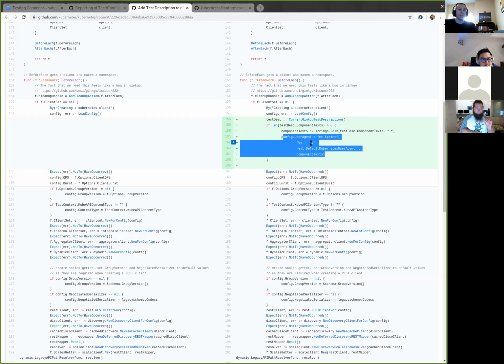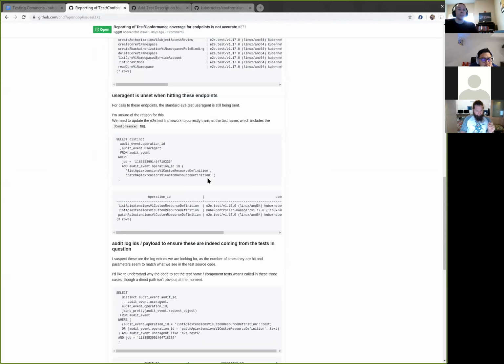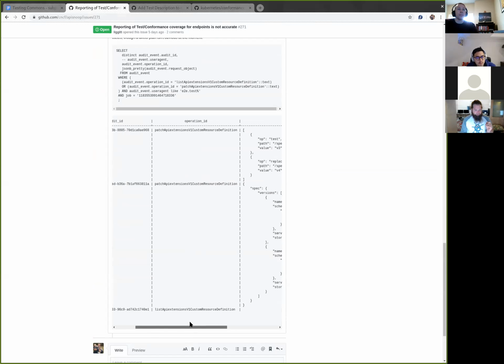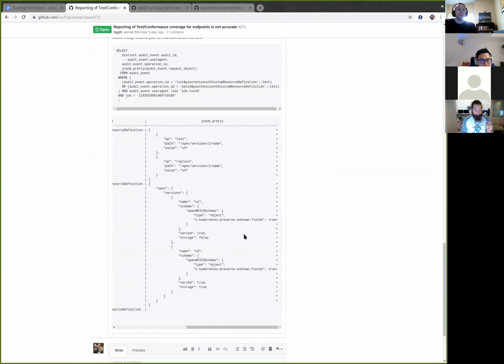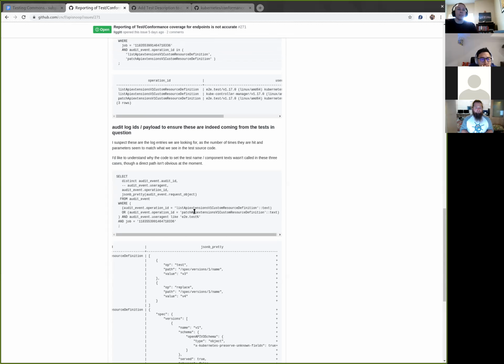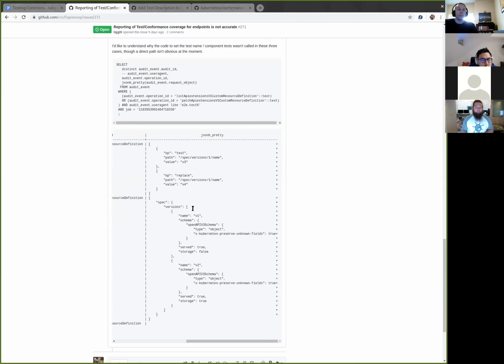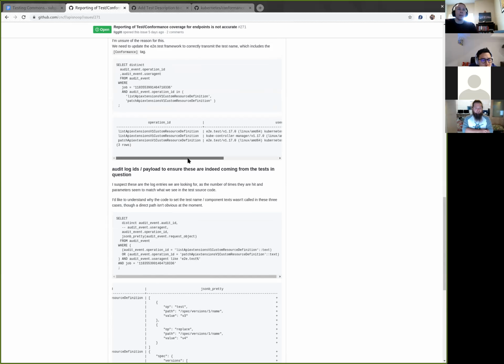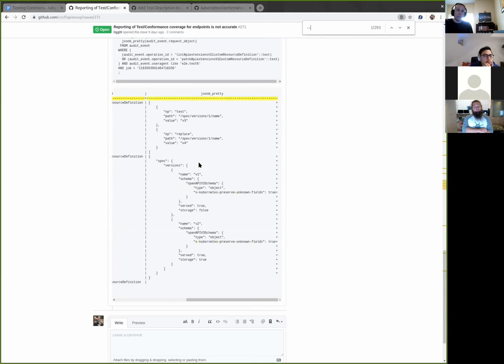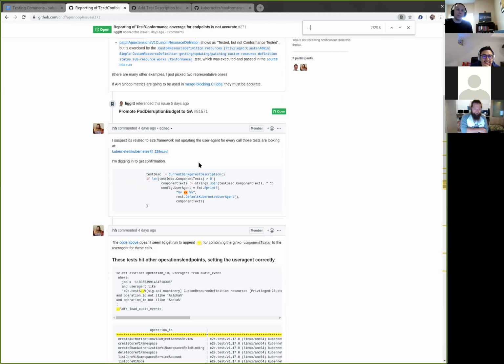Yep. If you go to the test, or the issue, and scroll down, you can see it added in the other test for the other endpoint. If you scroll to, I think, the last selection, you can see these are audit IDs and the operations. Actually, scroll up a bit. I guess we didn't include one that has that second selection where the list API extensions resource definition has the EDE test coming in and kube controller manager. Those are the user agents reported by those binaries when they hit the API server. And if we're trying to append for EDE test, there's usually a dash at the end, and we're appending that. Sorry, not the easiest. Right here.